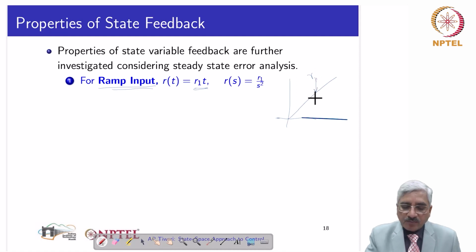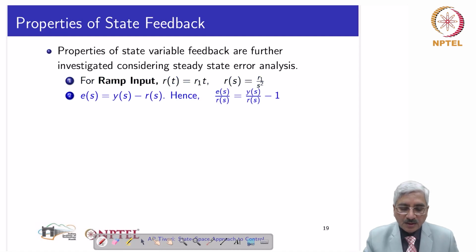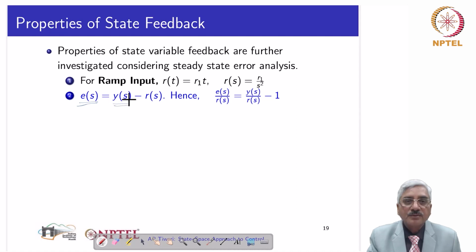This is how the ramp input behaves versus t. So the Laplace transform, this is R(s), which is R1 by s square. When this input is given, and of course E(s), the Laplace transform of error, will be the Laplace transform of